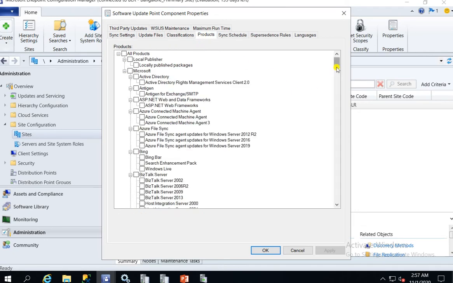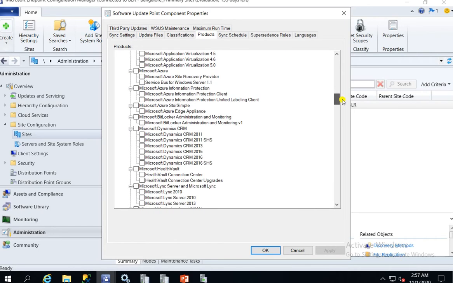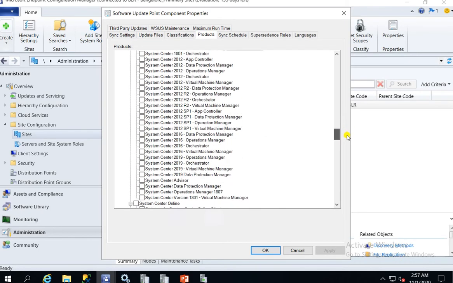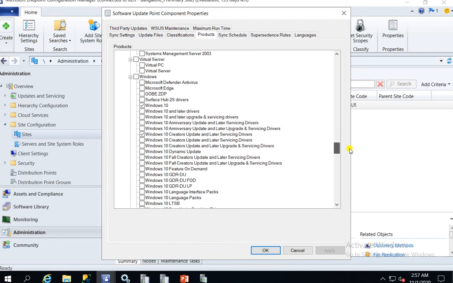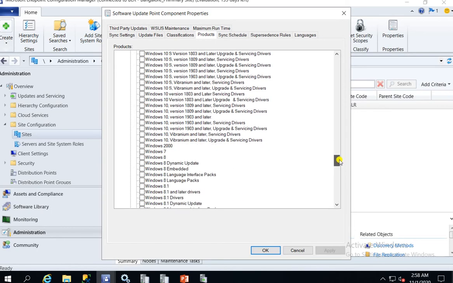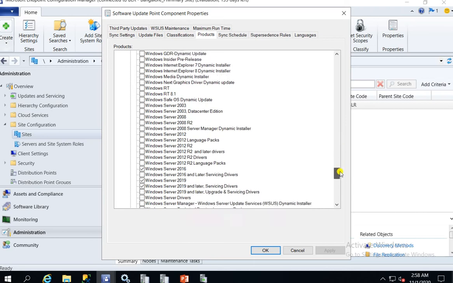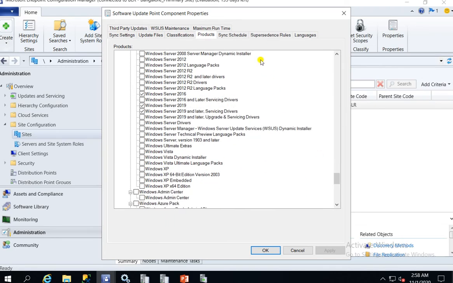So if you feel like any other type of Windows is added in your infra and those patches are not available, you go here in the Windows panel, this is the Windows, and if any type of Windows flavor is missing, you can select it here, then you will get the patches there. So these are the things you can select, like Windows 1903 or this. The same way you can select it for WSUS.